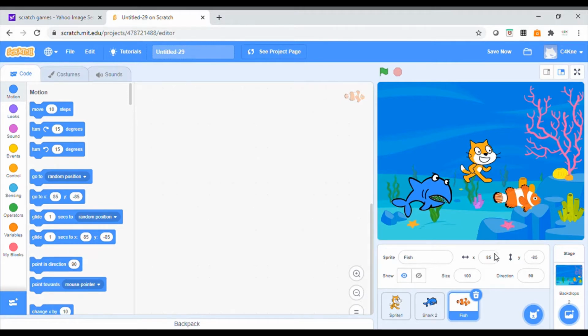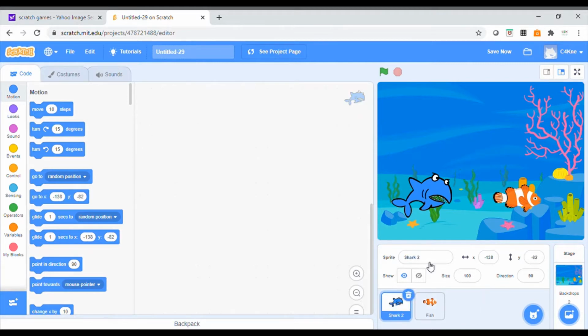Now if you remember, if you ever have a Scratch character that you need, or a sprite should I say, that you want to get rid of, just come down to this bottom corner here, have a look at the sprites that you have, click on the one you don't want and you can get rid of it. So